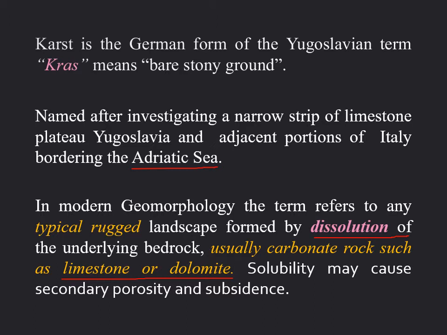Now, as we know, karst landforms are mainly solution features, that is, these rocks undergo some kind of chemical reaction with slightly acidic superficial or subsurface water. So the solubility of these rocks, limestone and dolomites, may cause secondary porosity, because limestones and dolomites are very fine grained, composed of clay to silt size particles. So grain size is very fine, and permeability is also poor.